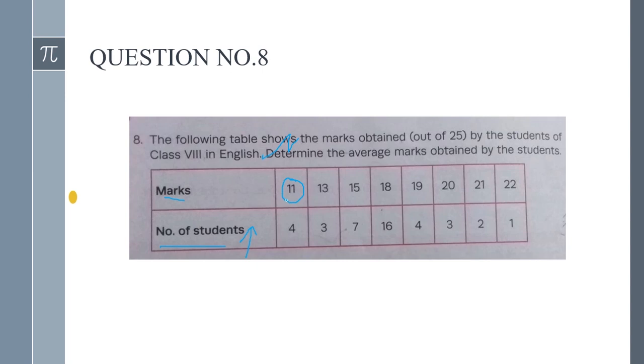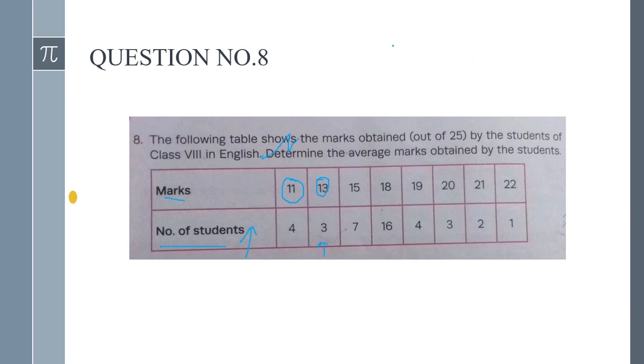How many students have got 11 marks in their English test? So there are 4 students who got 11 on their test. Similarly, how many students got 13 on their test? So there are 3 students in the class who got 13. Similarly, there are 7 students who got 15, 16 students who got 18, and 4 students who got 19, and